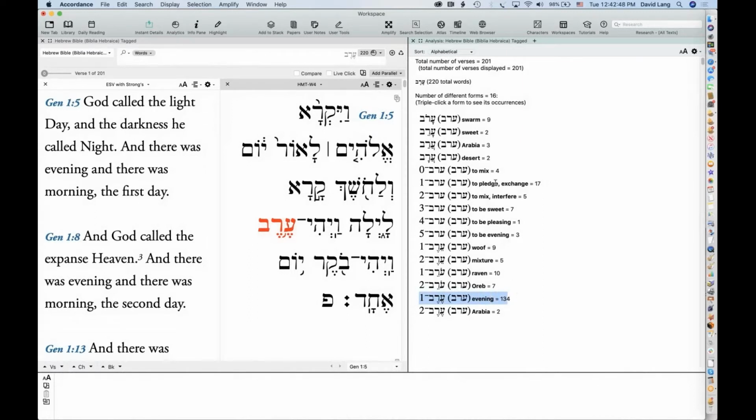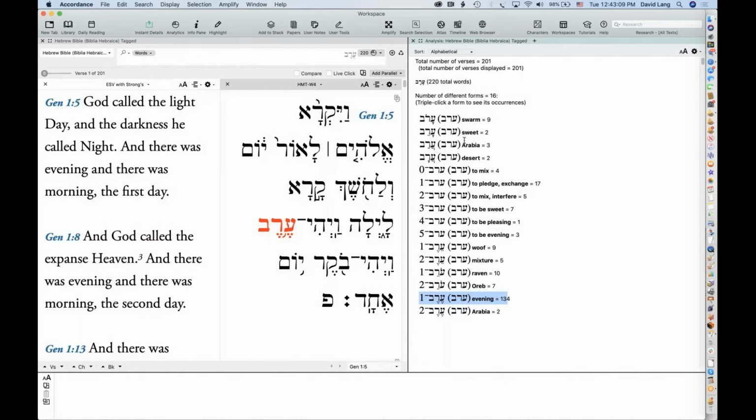The reason for that is even though the vowel points are there, even though I pasted them in, Accordance ignores them by default, strips them out, and just searches for the consonants. So it's done an unpointed search for any lexical form that has ayin resh bet as the consonants.